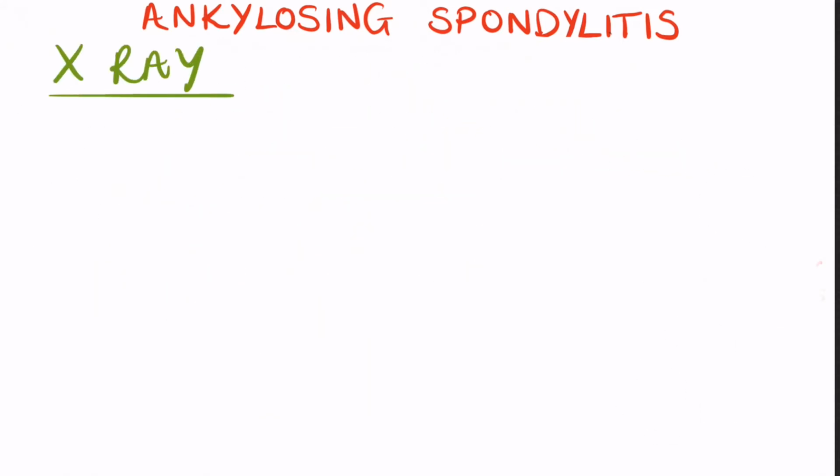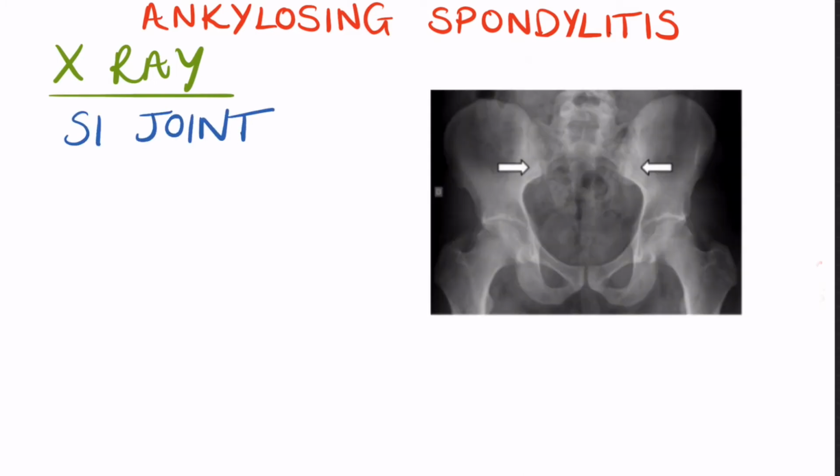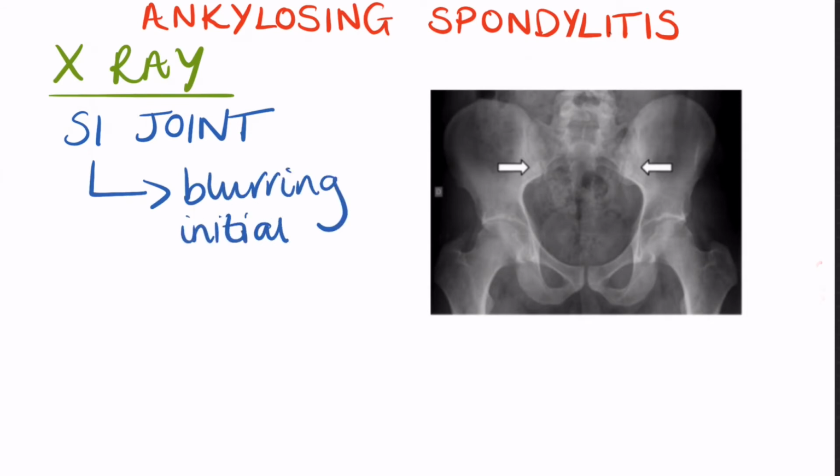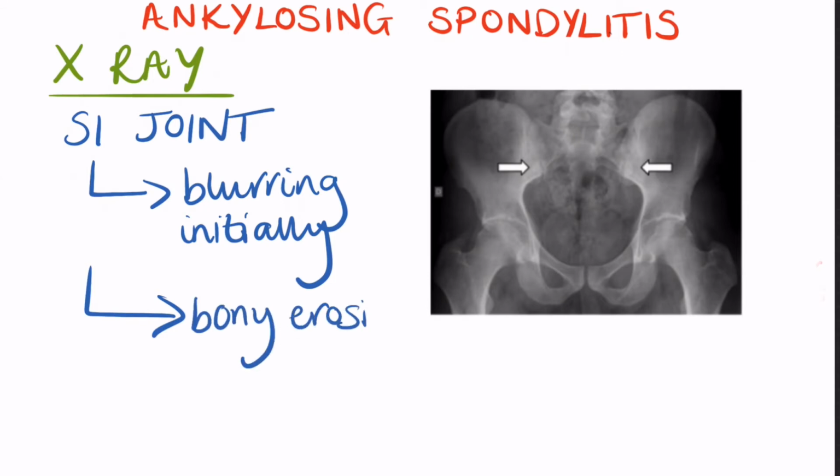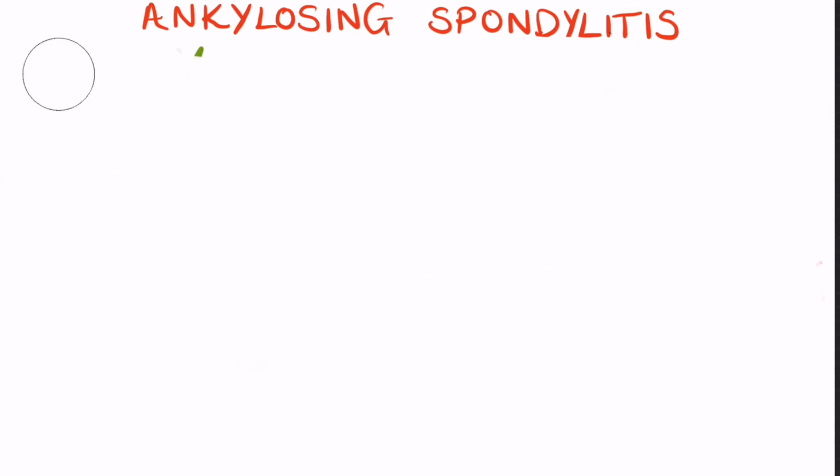X-rays are very useful for imaging people with established disease. They may not be useful in a patient presenting with early disease, as the X-ray may appear normal. Two things should be looked for on X-rays. These are sacroiliitis and bamboo spine. Sacroiliitis initially shows as blurring in the lower part of the joint. Then, as the disease progresses, sclerosis will occur and widening or fusion of the joint will occur.